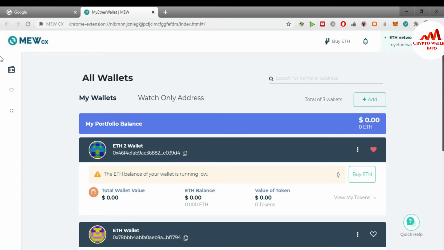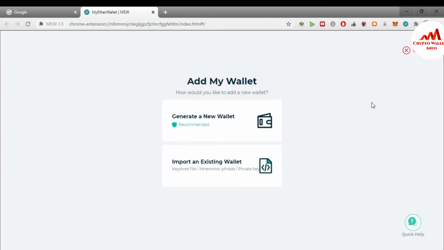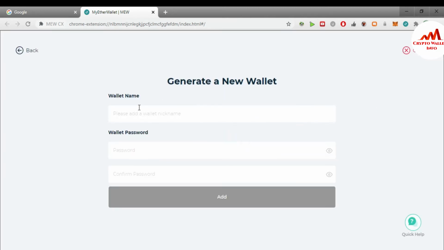Let's suppose you want to create a new wallet and get the paper wallet of that wallet. Just simply click on add, create a new wallet, and write the name, like Ether wallet 5.